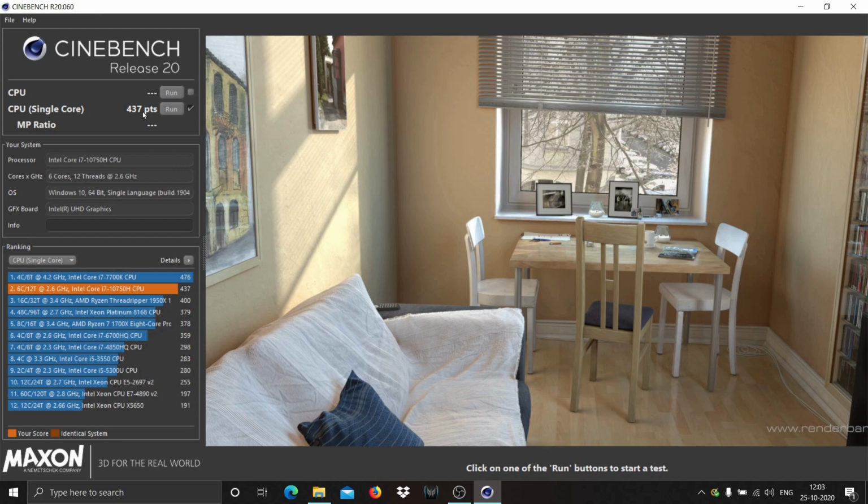So this is the single core points for the Cinebench R20. Then we will run it in the multi-core.